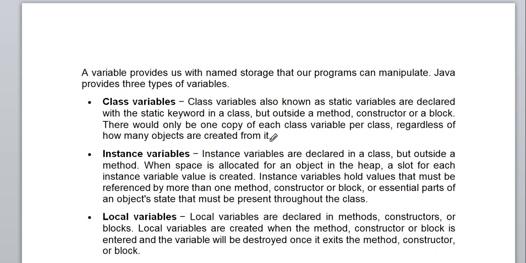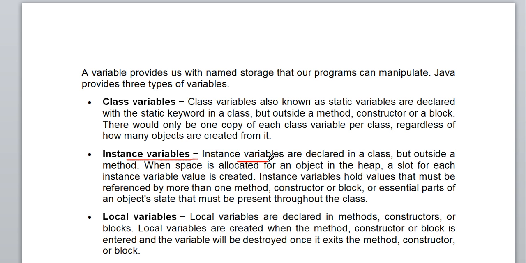So it doesn't depend upon how many objects we create. That's why we can say that regardless of how many objects are created from it, there would be one copy for each class variable per class.